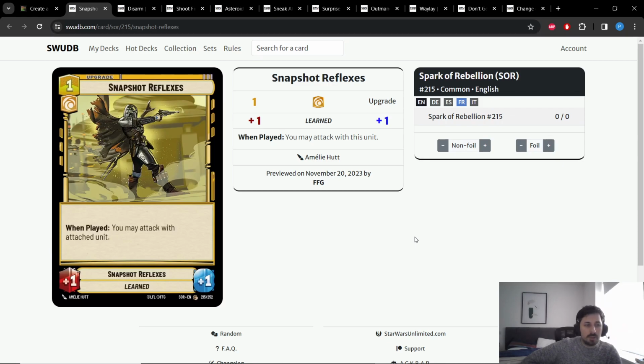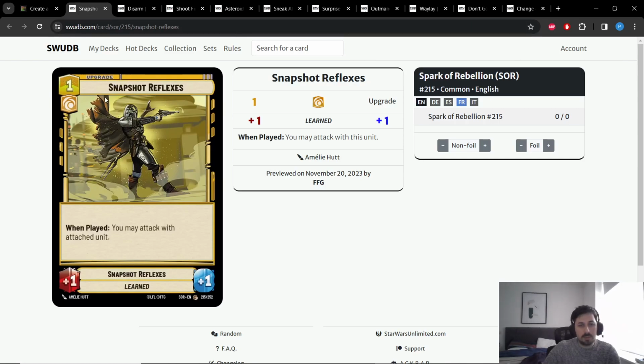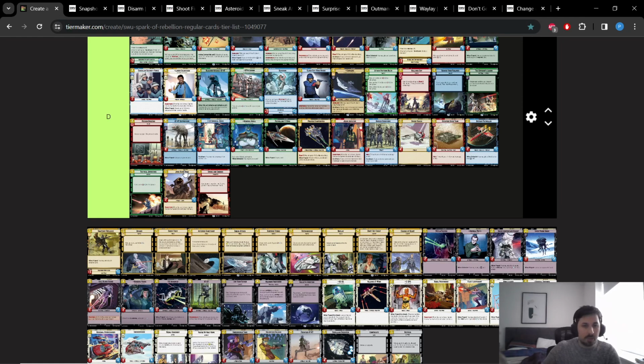It actually used to see play in some aggressive decks, but we've seen the aggressive decks wanting to play for a cause I believe in, in order to have the ultimate finishing move. And this card is not heroic, which means that it needs to be very powerful to justify its slot in the deck. Unfortunately, Snaptop Reflexes doesn't have the impact that a card like Surprise Strike has, or even a card